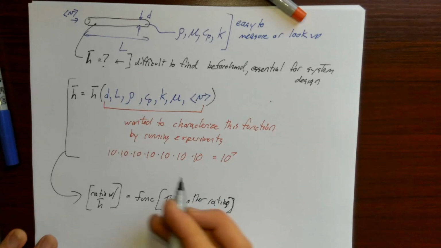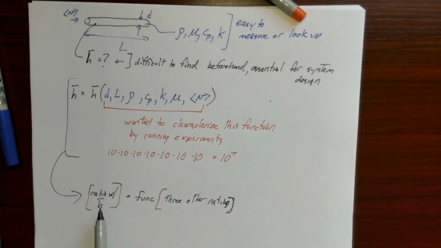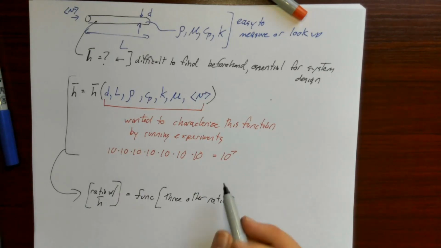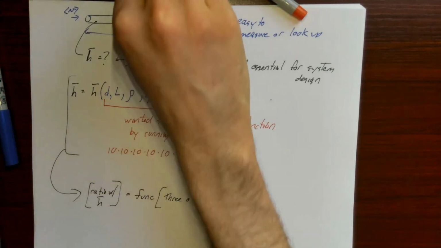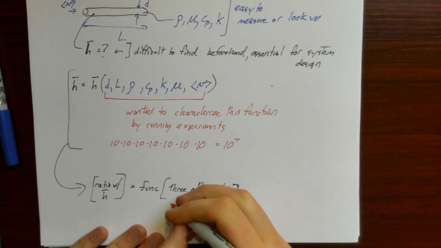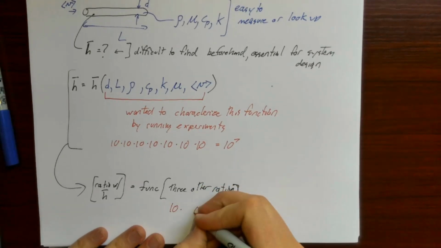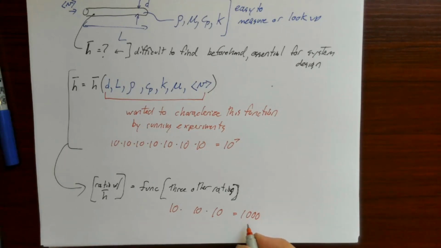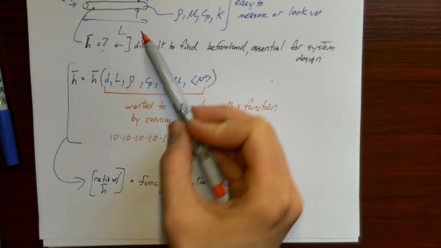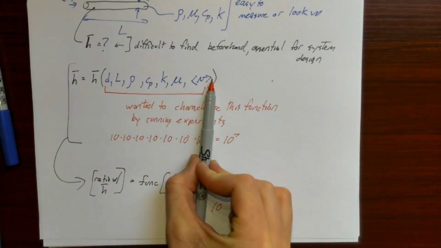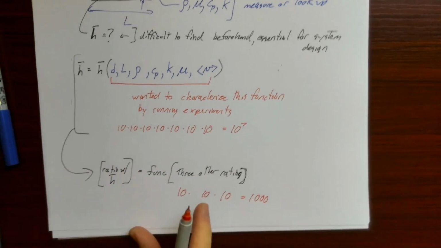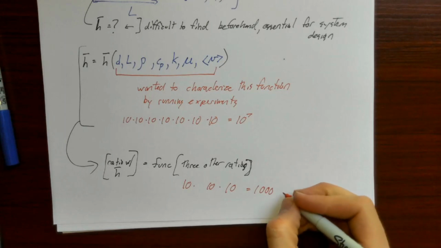So rather than having h be a function of 7 variables, some ratio of h and some other parameters is going to be a function of 3 other ratios. And if you can imagine, if I did 3 other ratios, that's only going to be 10 by 10 by 10, or 10 to the 3rd, or 1,000 experiments. So instead of needing to test 10 different values of all 7 inputs, I only need to test 10 different values of the 3 ratios that formulate inputs to this ratio involving an h. And this is much less work.